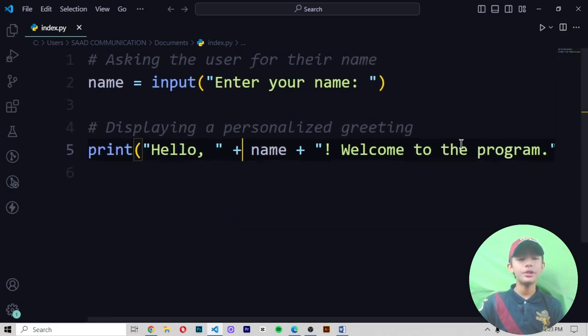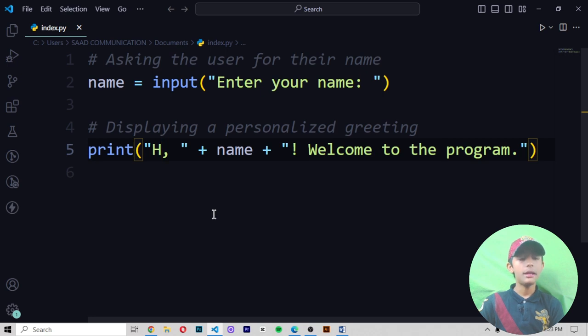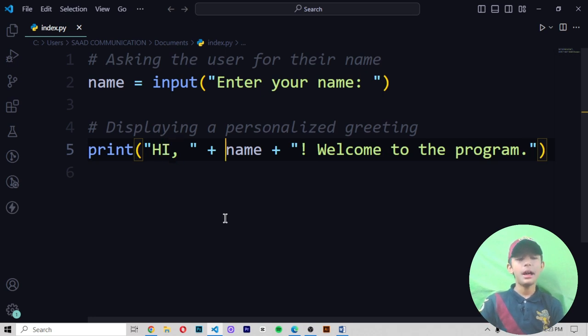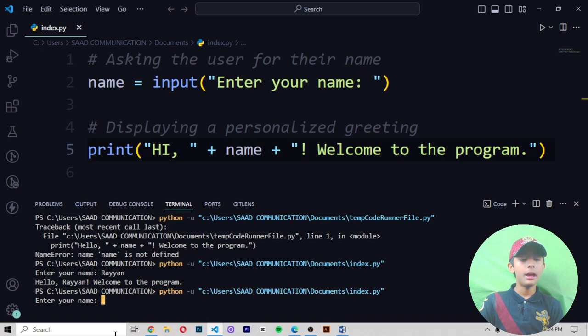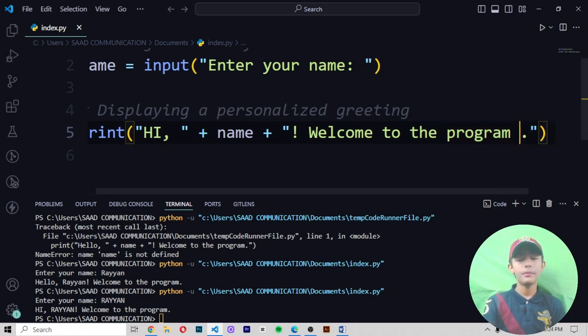Why is it giving me that? Because in the print function, first of all I write hello. If you want to write hi, you can write it. Then I put double quotes, then end my double quote. Then I start one new double quote, and here I write plus name, and then plus our name variable, then plus welcome to the program. Then when I save it, it asks enter your name. When I write Rayyan, it gives me hi Rayyan, welcome to the program of the